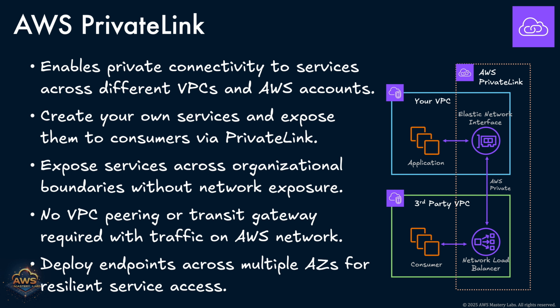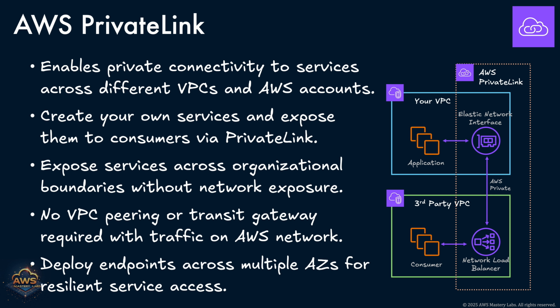AWS PrivateLink is a powerful networking technology that allows you to establish private connectivity between VPCs across different AWS accounts or regions without exposing traffic to the public internet. It enables you to securely access services over private IP addresses entirely within the AWS network. At its core, PrivateLink uses a service provider and service consumer model. If you're building a service,